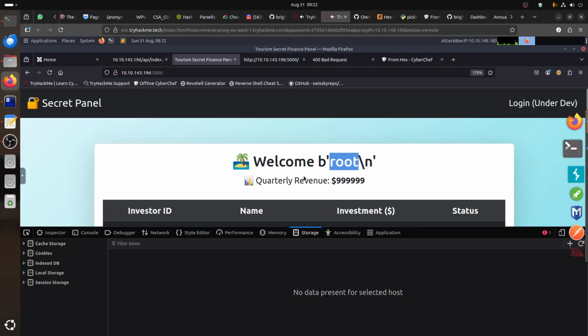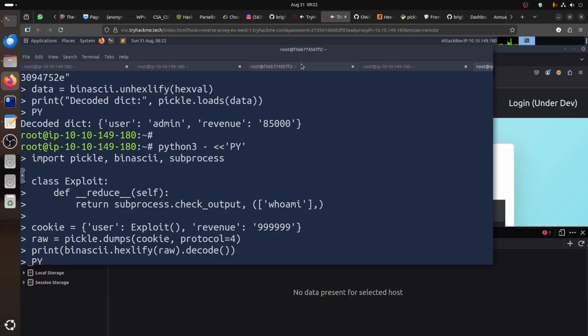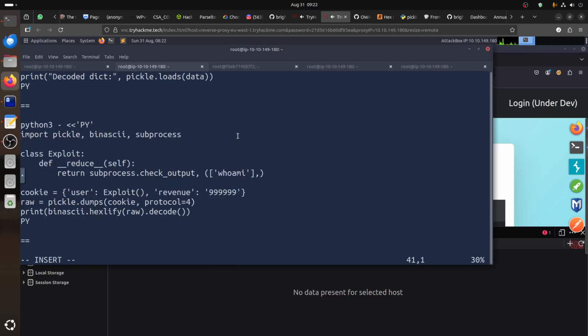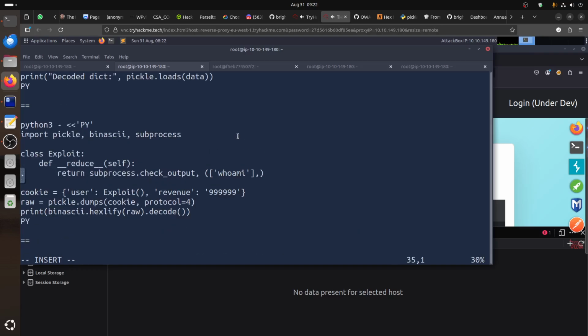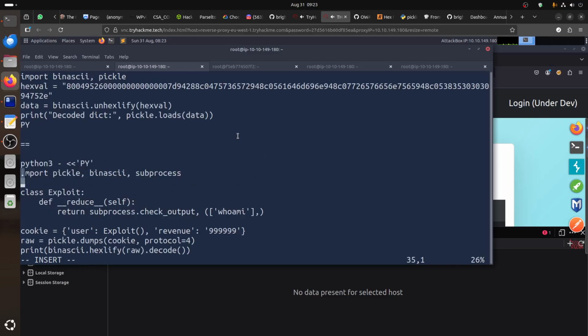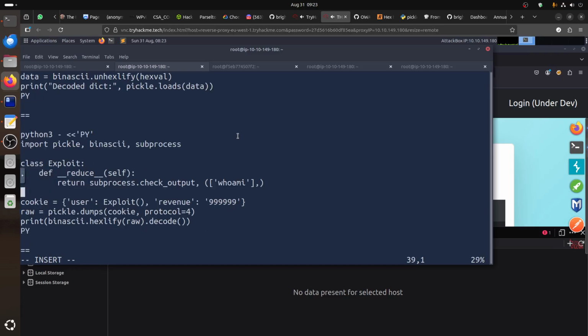Now we can do a reverse shell. Where is the reverse shell code? I didn't copy the reverse shell code. Where is my reverse shell code? I forgot how I did it. I'm not sure if we just